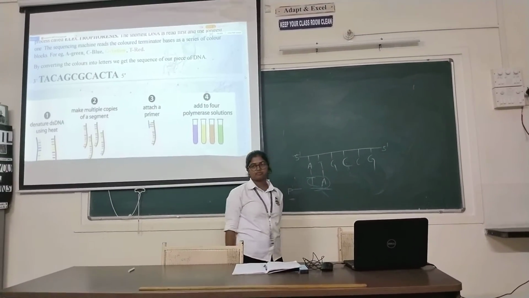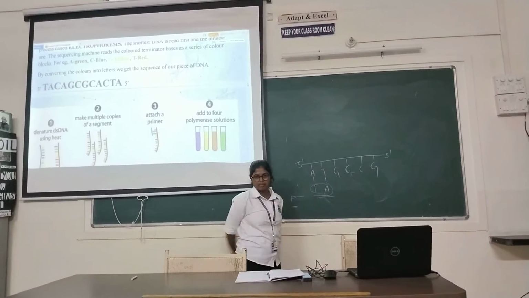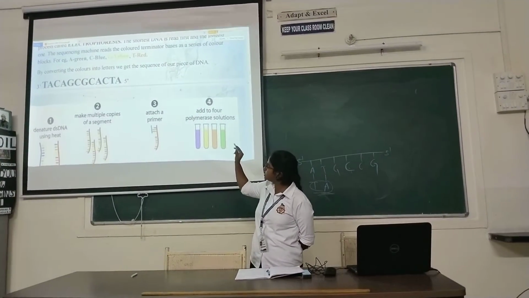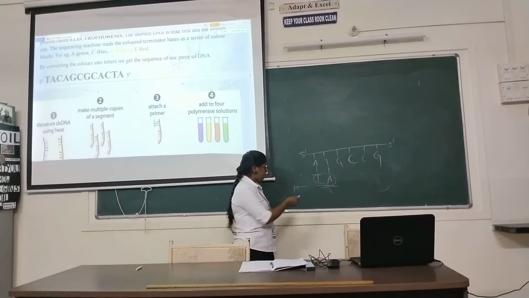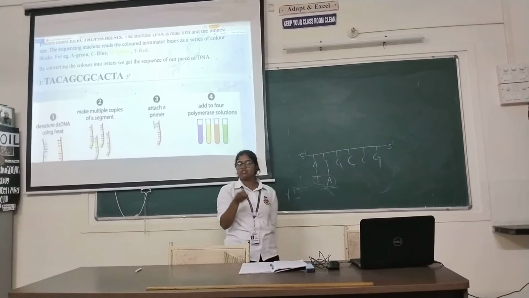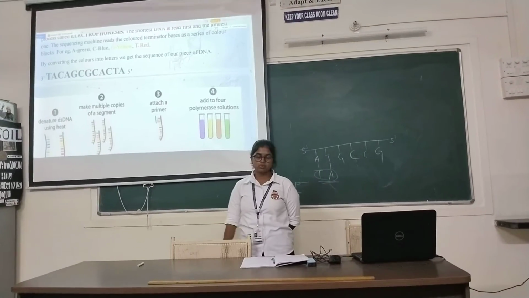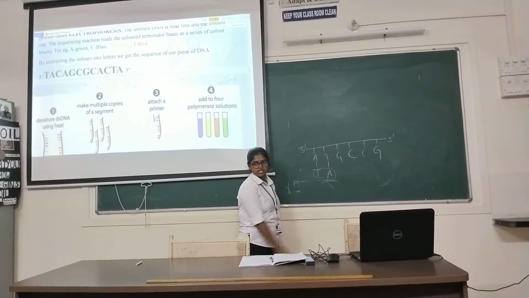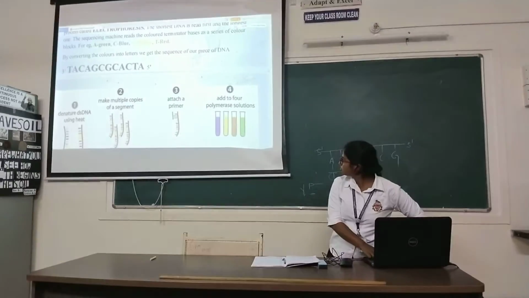There is a probe there, right? We have a modified nucleotide base. When we run the gel electrophoresis after screening, we come to know the color. If we have the fluorescence here, we come to know about our sequence. It is very easy to identify our sequence. In this diagram, we will come to see